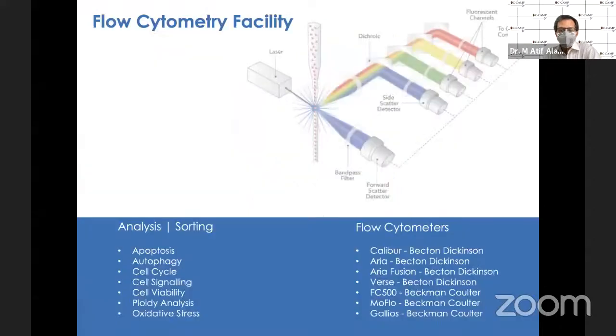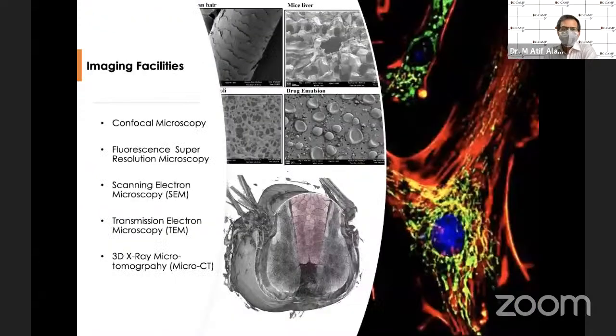And then the flow cytometry facility again has a number of flow cytometers, which support large analysis types, both analysis as well as cell sorting. And we are, as I said, really fortunate to have one of the most advanced state-of-art imaging facilities at our disposal, which includes confocal imaging, fluorescence and super resolution microscopy, scanning electron microscopy, transmission electron microscopy, and 3D X-ray microtomography